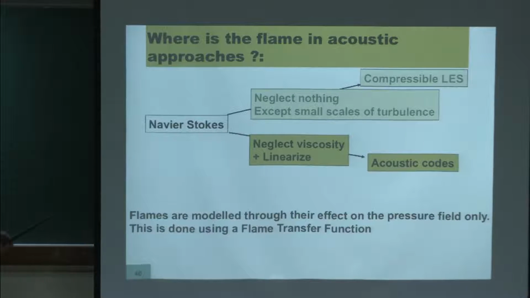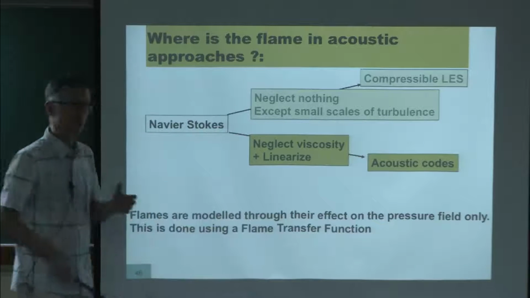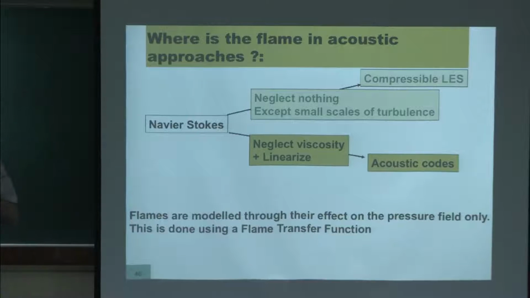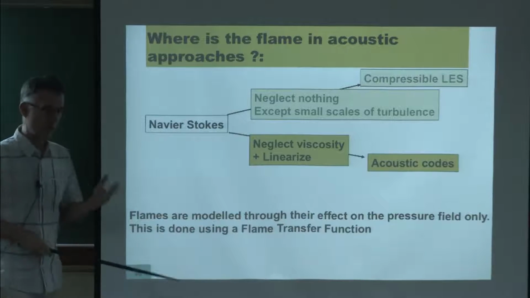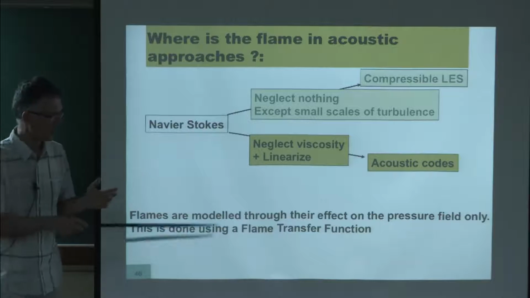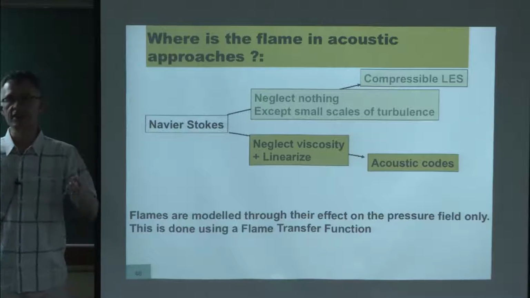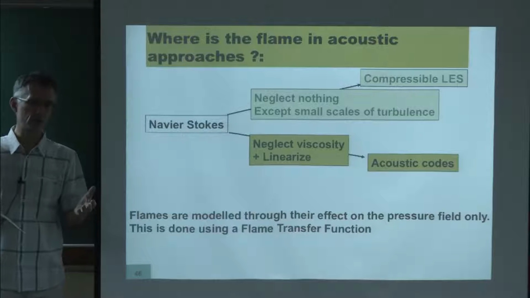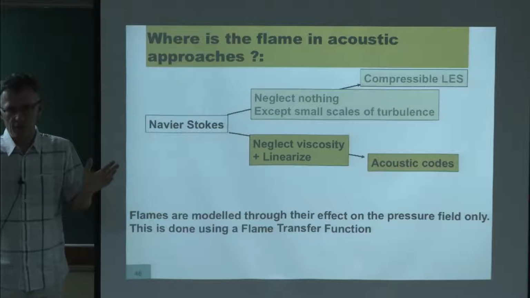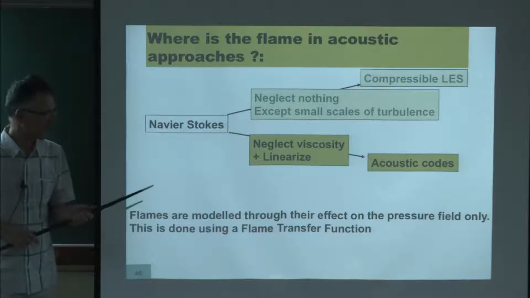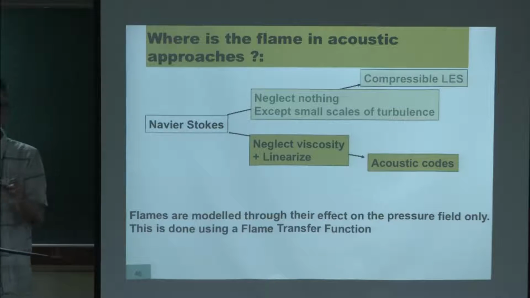So now if you talk about acoustics, the acoustic codes, there's an interesting problem there. You say you want to do acoustics, but there is a flame there. What do you do with the flame? It's a big problem. The flames are modeled through two effects. The temperature is changing, but that's easy to account for. You just need to change the sound speed. So that's fine. The first difficulty now is really to model the active effect of the flame. The flames are loudspeakers. You need to put that in the model. So how do you do it?